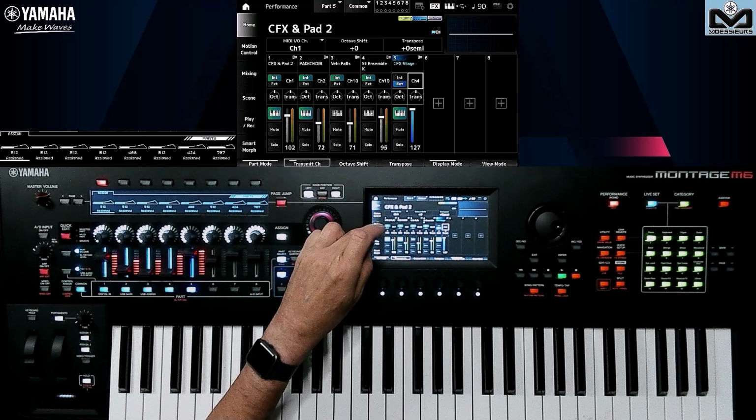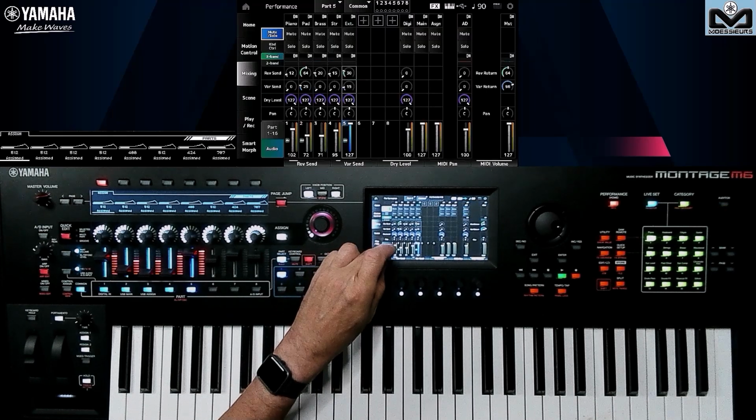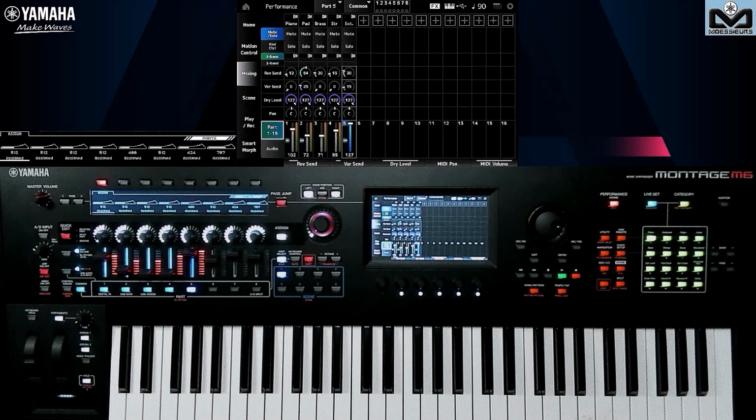I'm going to switch to mixing view here, on parts from 1 to 16. As soon as I add a part between 9 and 16, I'll lose the performance change without sound cutting. So you've seen in the example, which I've really taken the time to show you, that you can put parts in keyboard control, out of keyboard control, in external, on 1 to 8. So you can keep this performance change without cutting the sound. That's how you should try to work as much as possible.